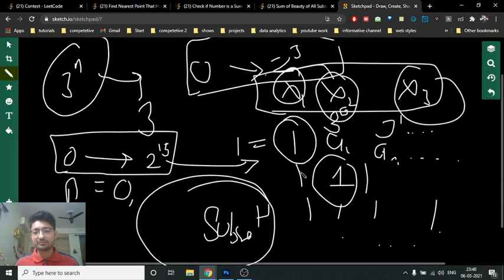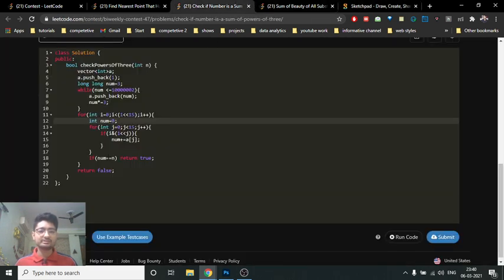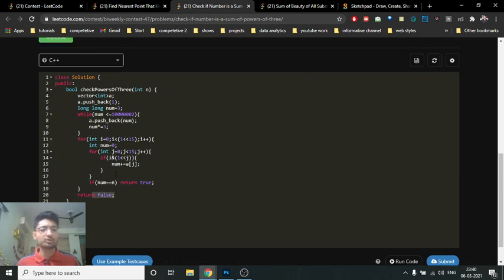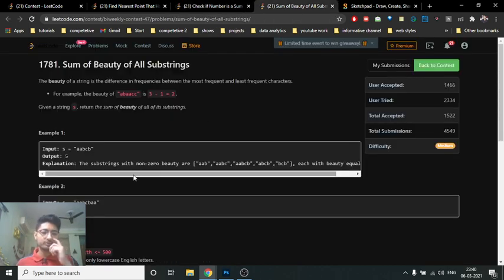We are just iterating over all the numbers and finding out. So if we take out the first and the third number, we have to add them, because we are taking the first number and the third number. So we are just adding all the numbers, and if any of the sums is equal to n, then the answer is true, because we have formed a number. Or else if we iterate over all the possible numbers and do not match, then the answer is false. Okay, you can also look over this code to make it more clear. Then we'll move on to the last question.